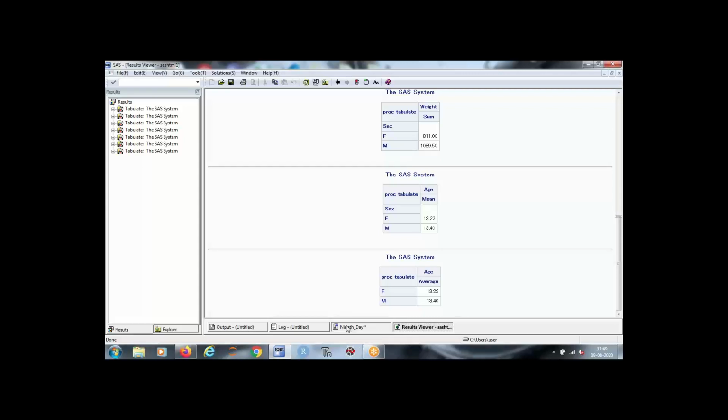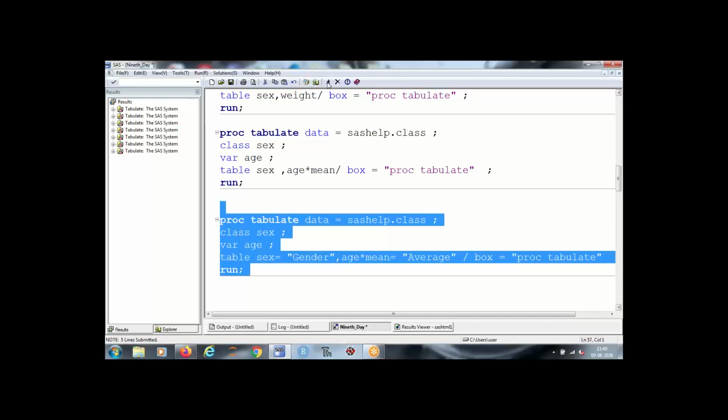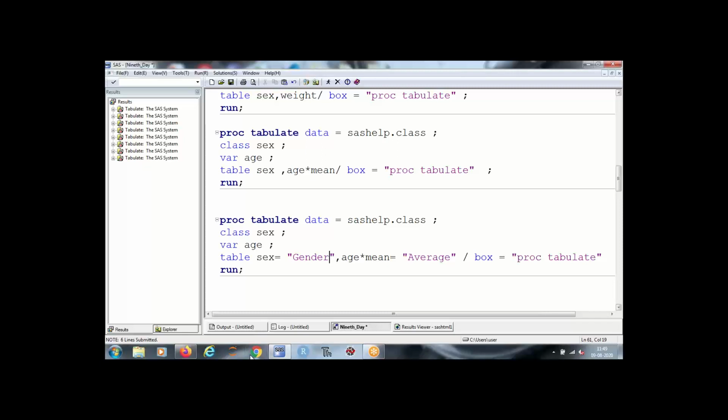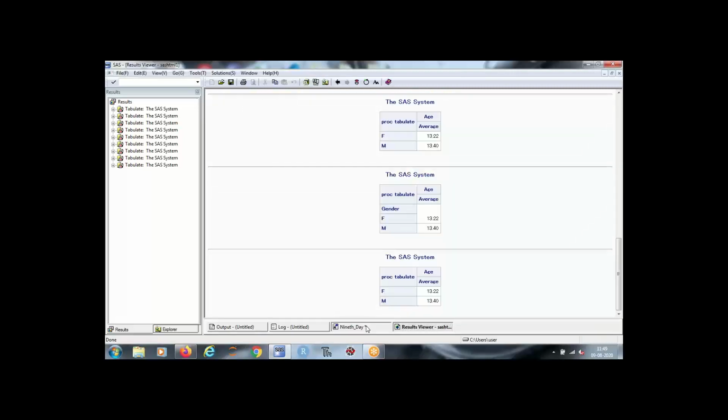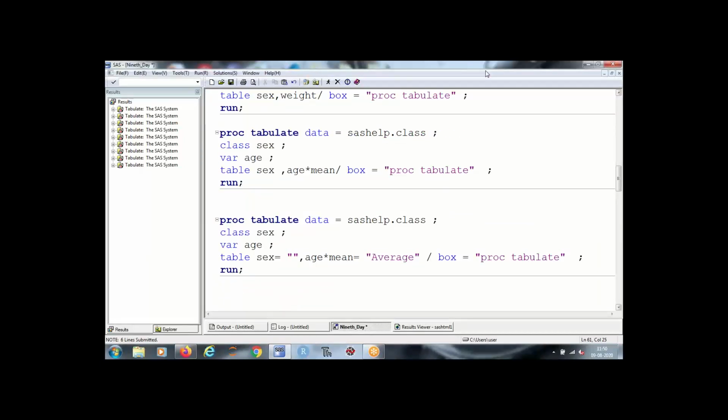And if you write something, that heading will become a part of it, like this. Done? Okay.